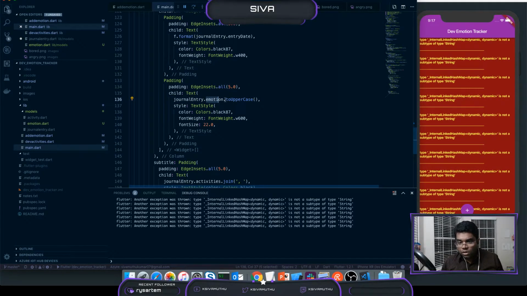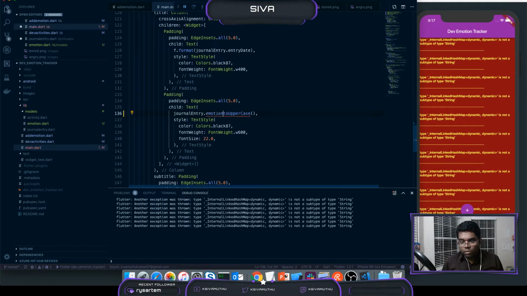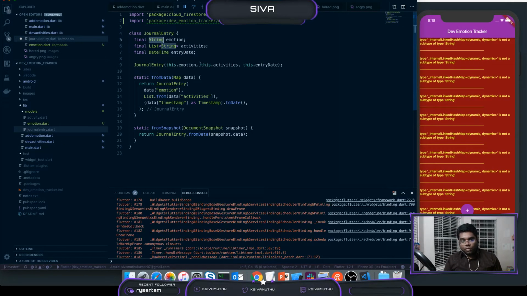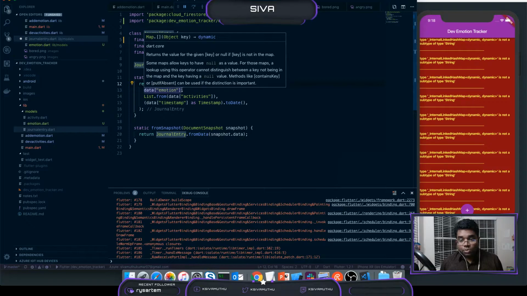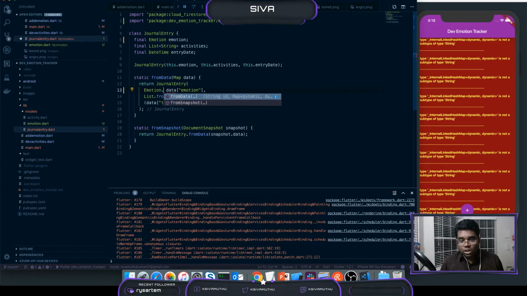Yeah, so this emotion is not at all going to be the string. So instead of an emotion dot, going to this journal entry to improve this a little bit. So the final string, I'm going to have this as an emotion, and data of emotion, that's going to be coming as a map. So here I'm going to call emotion dot from data